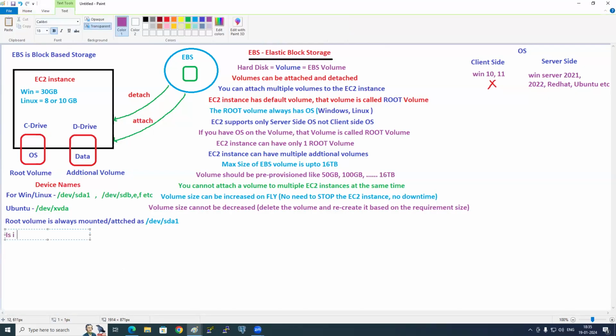Is it possible to detach the root volume while EC2 is running? Answer is no. What do you need to do? Stop the EC2 instance first and then detach the root volume.